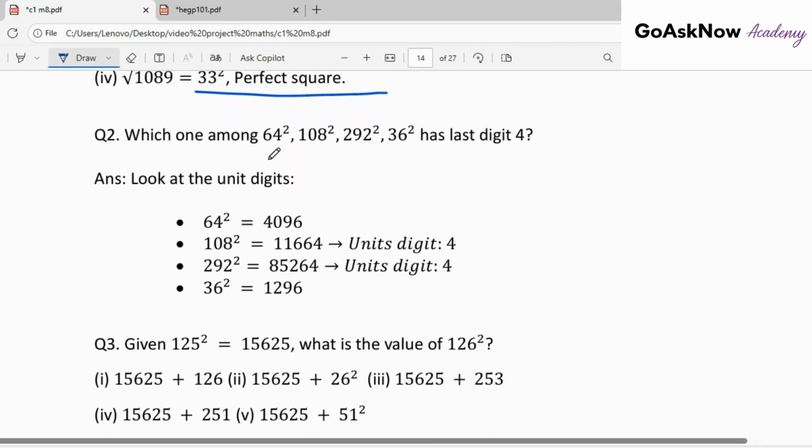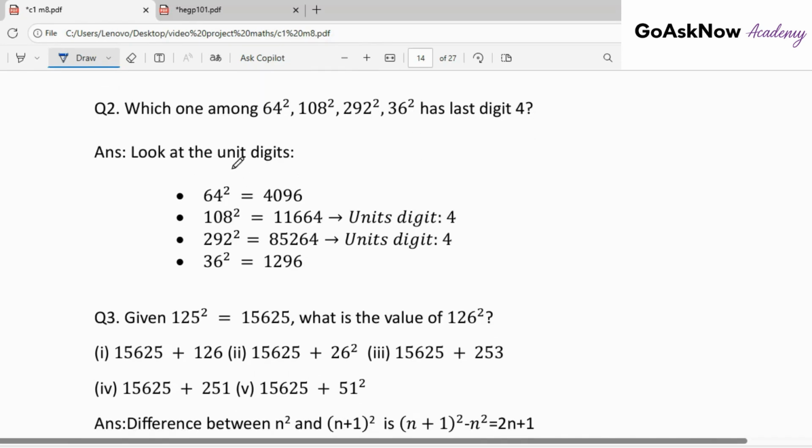Which one among 64 squared, 108 squared, 292 squared, 36 squared has the last digit 4? Look at the unit digits. 64 squared is equal to 4096. 108 squared is equal to